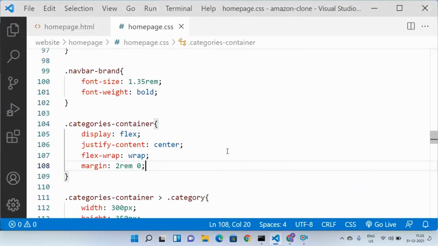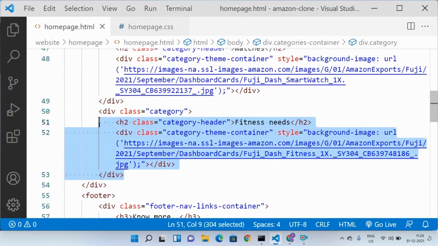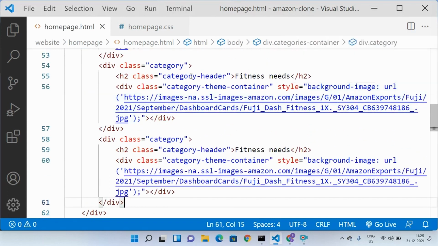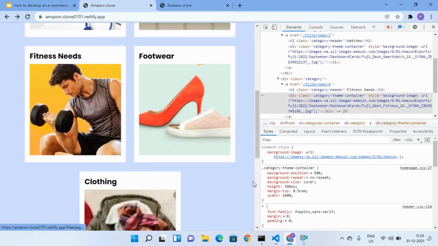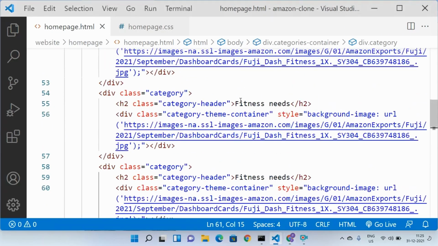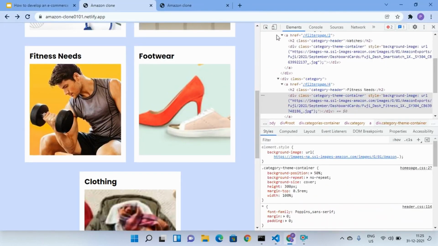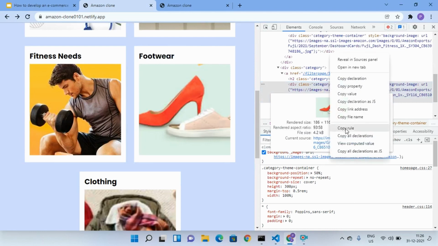So now let us try adding more categories. Let me replicate this two more times, and the next one is footwear. I have taken the images from amazon.com.